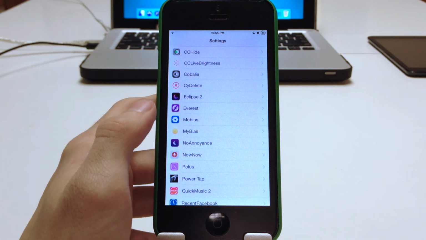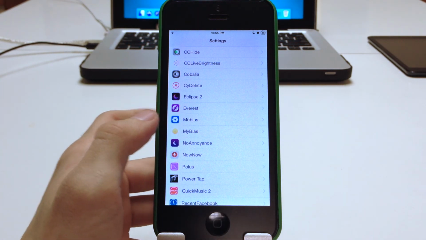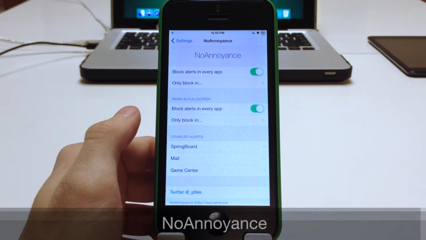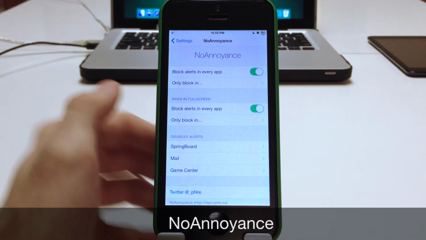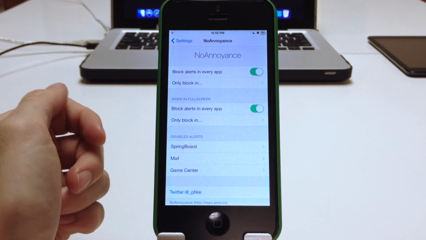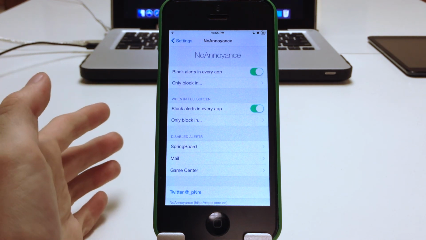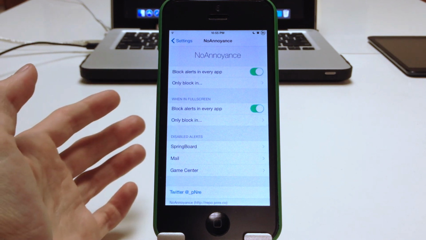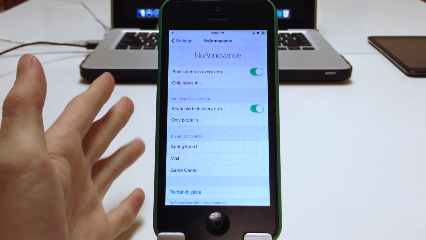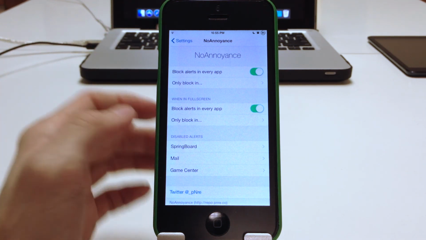Now, the next one I'll talk about is No Annoyance. Now, what No Annoyance is, it just blocks all of those annoying things, such as when you plug in your device. Maybe it'll say that your iCloud Drive storage is full, or when it pops up saying, oh, you have 20% battery left, the mail